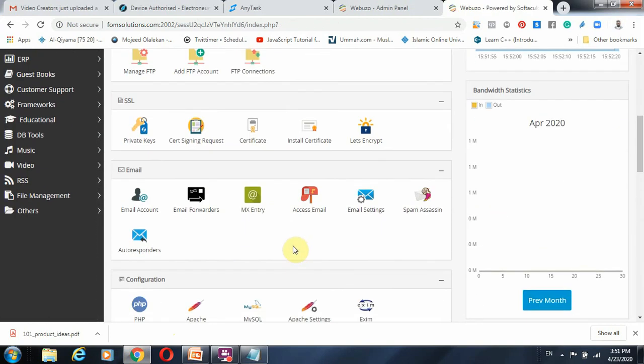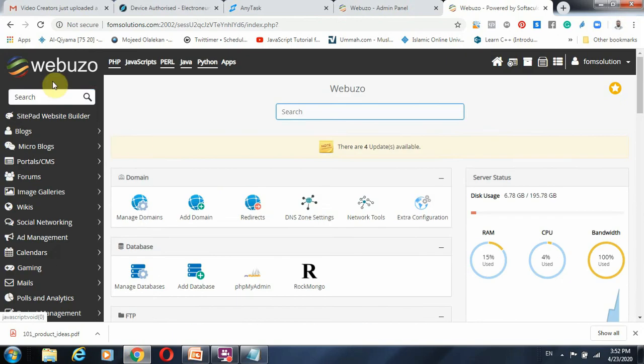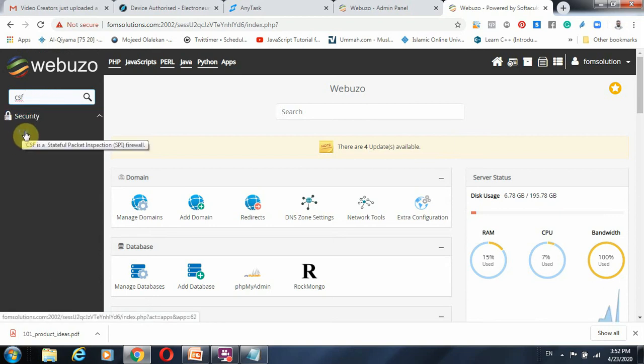One of these very important dependencies is your CSF configuration, that is your security configuration. You can just press CSF, and under security you are going to see the application, that is your firewall.